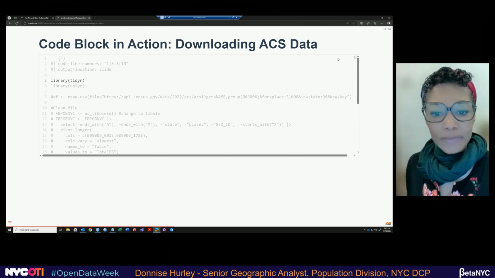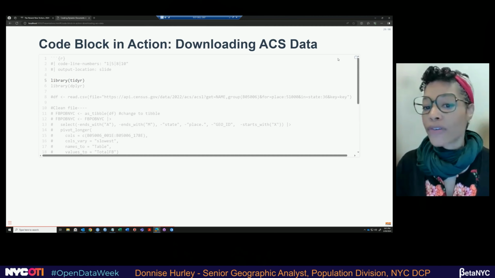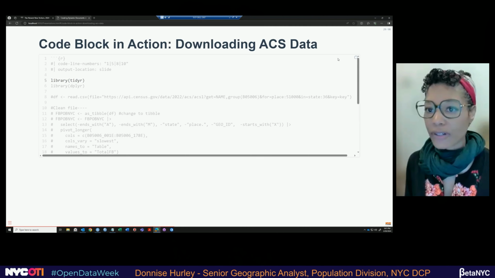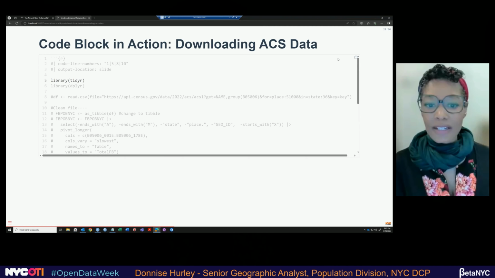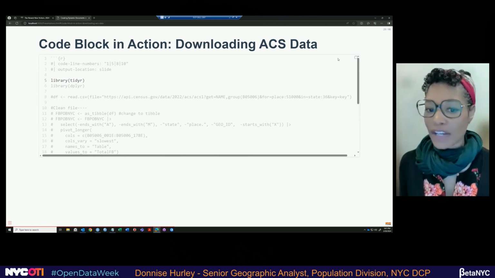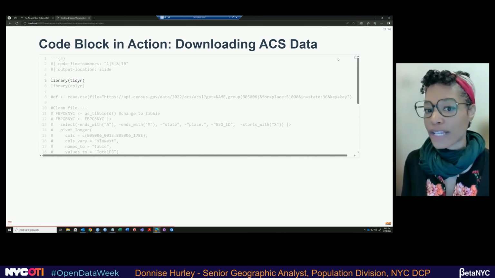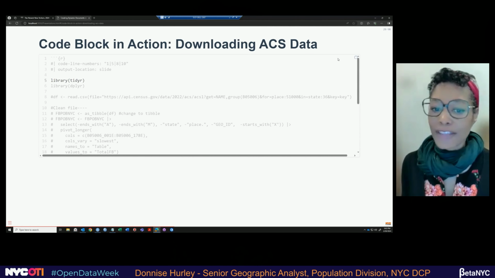So just to reiterate, Quarto is just your system. You can use whatever mapping software that you want. You can use ArcGIS for your visuals. Quarto is not actually writing your mapping software. It's not a mapping software. It's just a publishing system that you can bring different languages into.